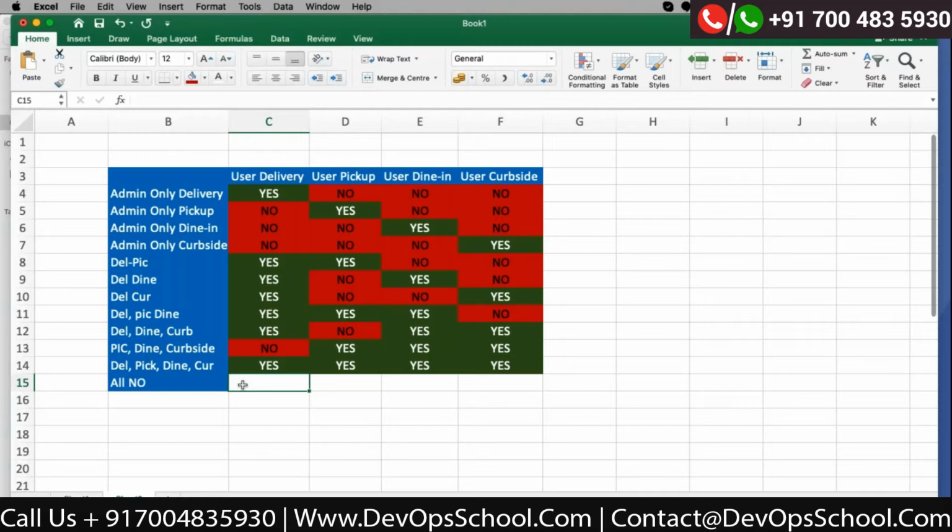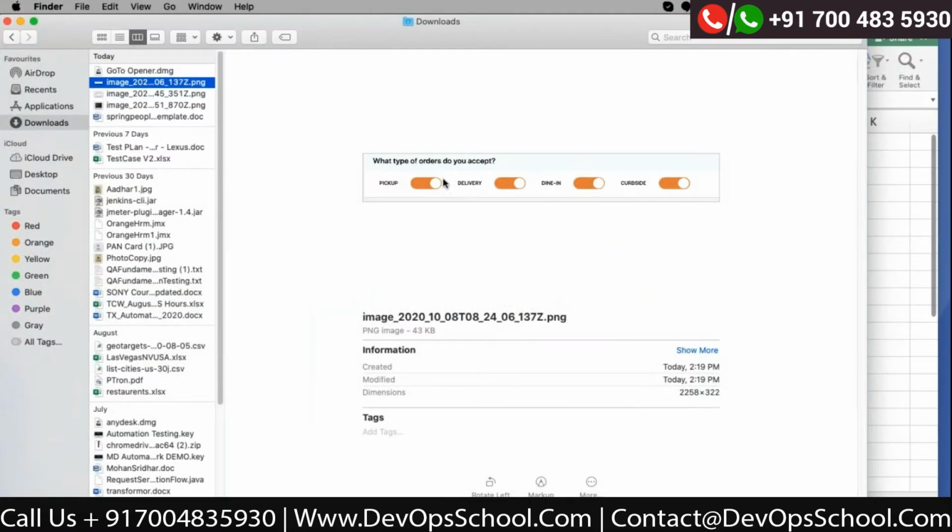You can say store is closed. But if you are allowing to place an order, that means at the admin side, it should not allow saving these settings without any of this. One is mandatory. We should get these things from the requirement.